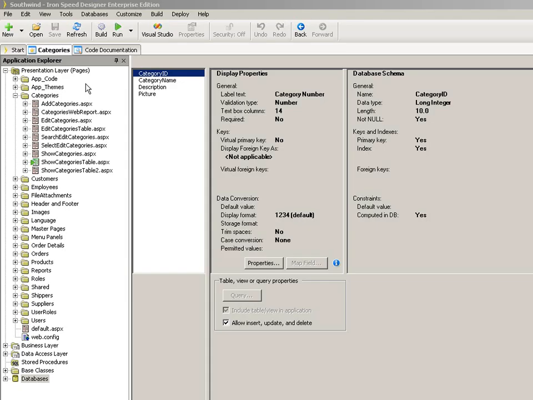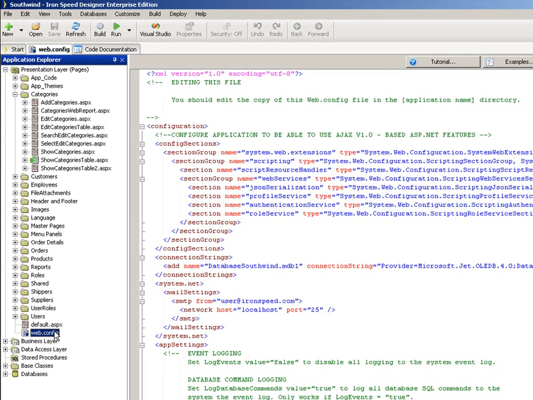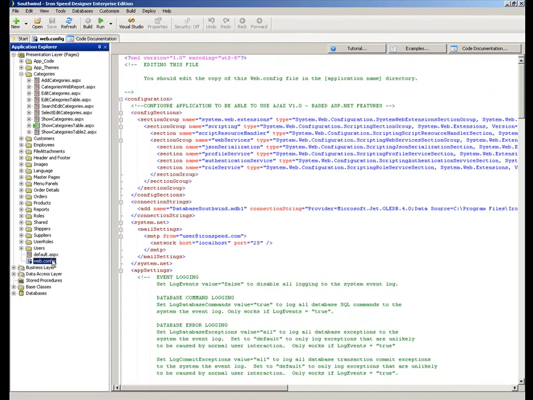Now there are numerous different files within this folder. At the very bottom we have the web config. This is really the file which effectively defines how your application runs on your server. Again, it's pretty much outside the scope of this little introduction, but there's an awful lot more detail available to you to learn how to amend that and configure it correctly for deploying your application onto